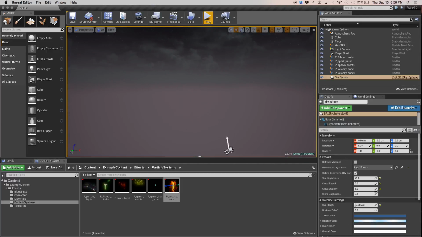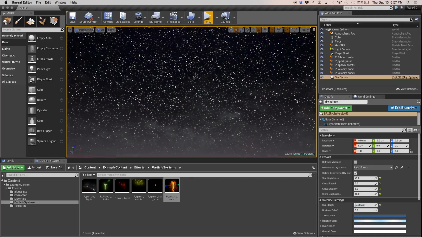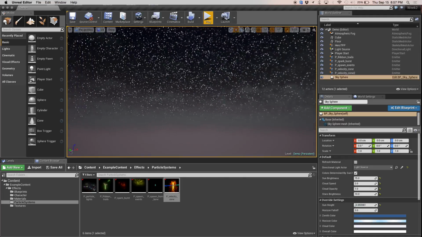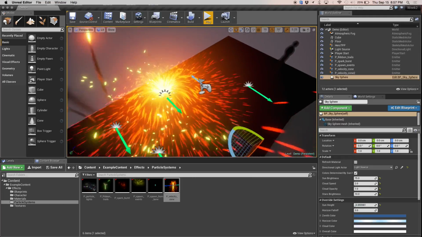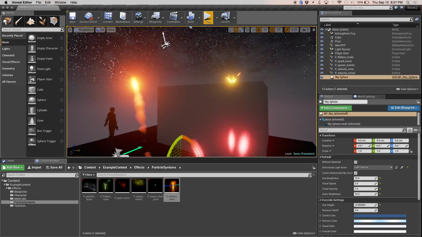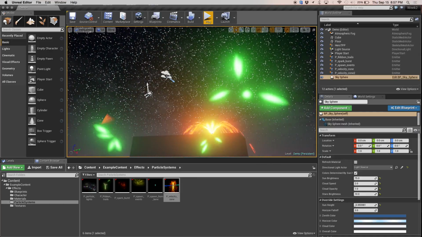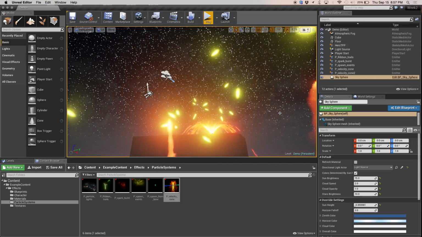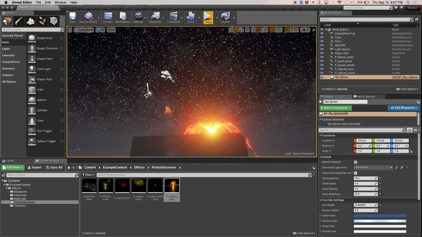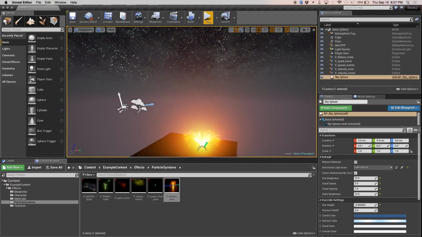So we have a list of things in our details. Remember, we have that details panel. We can say star brightness is, we want our future to be much brighter. So there we go. Now the stars are out. This is already super fun, and we already have a super dramatic kind of scene, and we don't really know anything about interactivity or game design. This is just stealing and having fun.